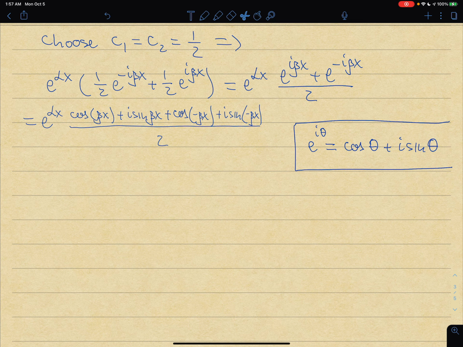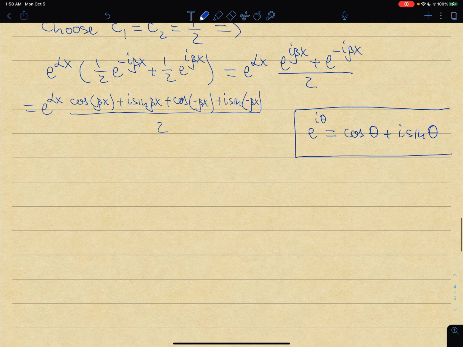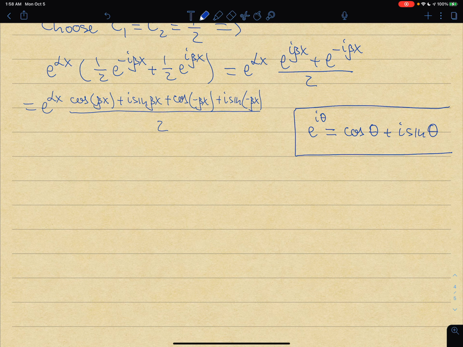Right, so I have my Euler formula. I simply use this here on my complex numbers, and I'm going to get the stuff that I have written in the last line here. So let's continue. e to the alpha x cosine beta x plus i sine